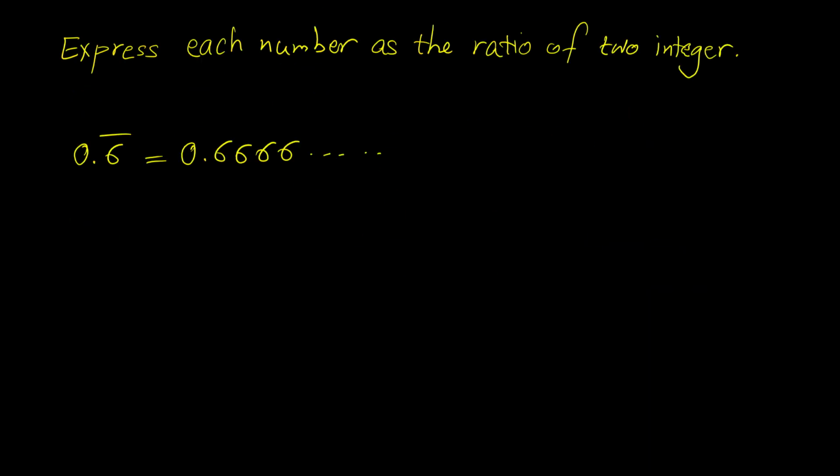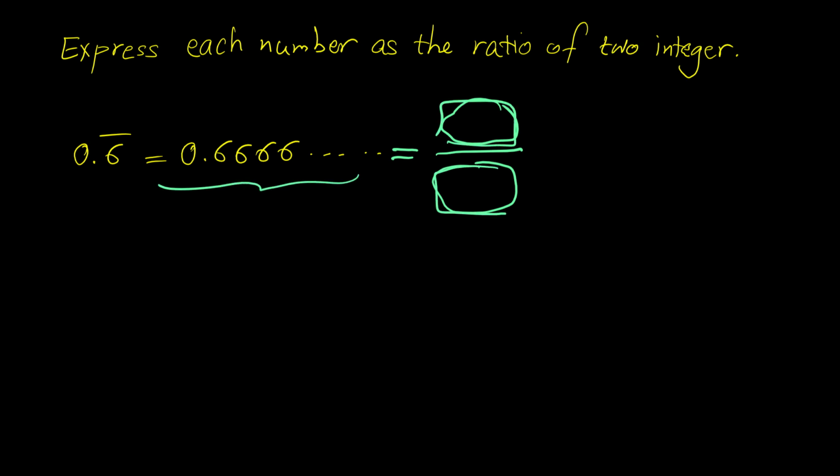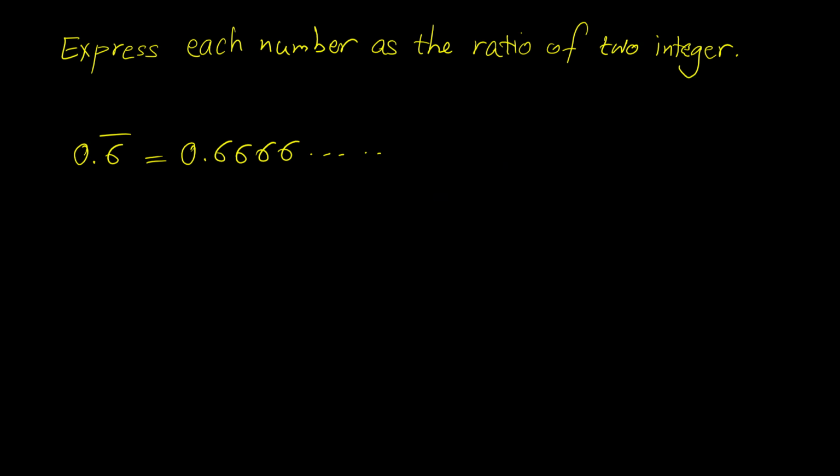Now look at this example. Express each number as the ratio of two integers. 0.6 bar, which means that 0.6666666 forever. We want to write this number as the ratio of two integers. For example, if we want to write this number as a number over another number, two integers, we will see that this number is basically 2 over 3. But how can we find the answer? We want to use geometric series to answer this question. Pay attention that what is